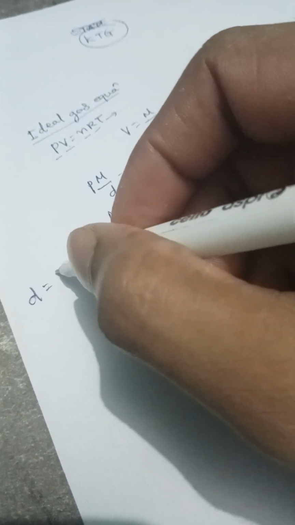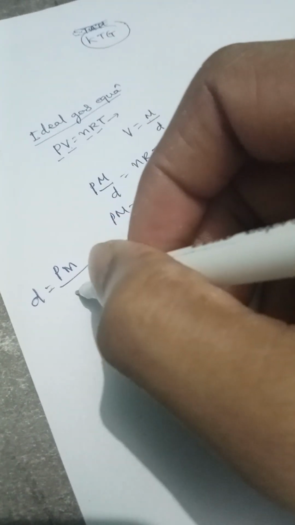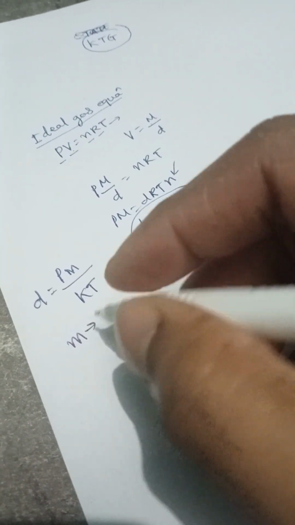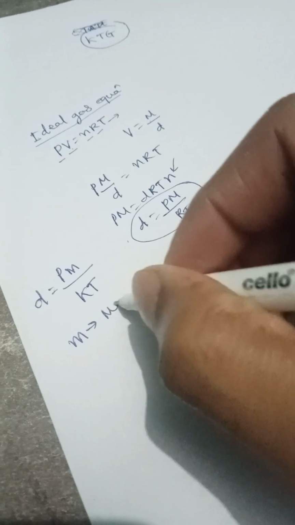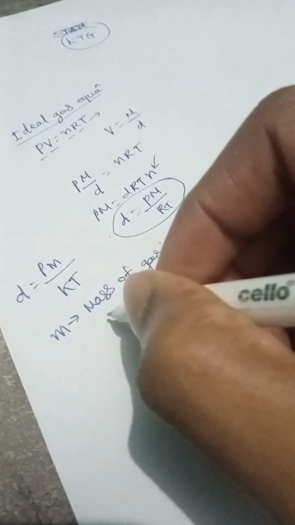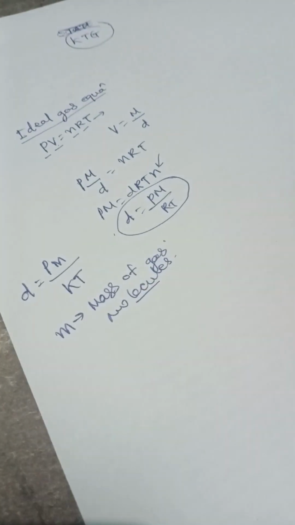Another formula, very important, directly it was asked in the NEET examination. Density is equal to P into small m upon kT. What is small m? Small m is the mass of gas molecules, mass of gas molecules, and K is the Boltzmann